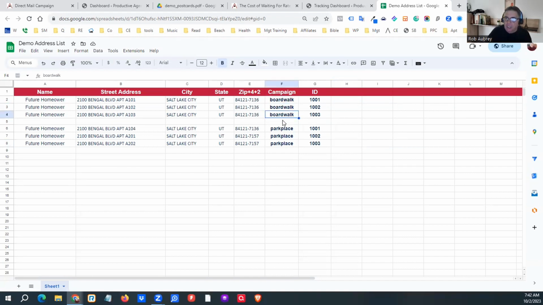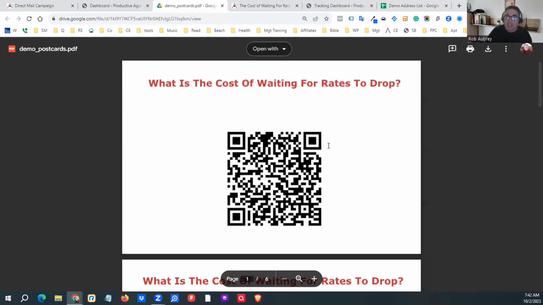2 campaigns. So each apartment complex, or however we decide, would have its own campaign name. So I just picked Park Place and Boardwalk. I mean, we're playing Monopoly here, with real money. So in this complex, it would be campaign 1001, 1002, 1003, same thing for the second campaign. And so when someone scans one of these postcards, then we go to the back